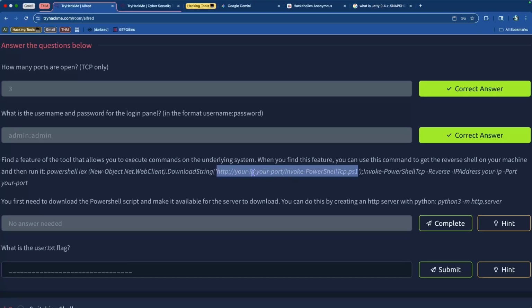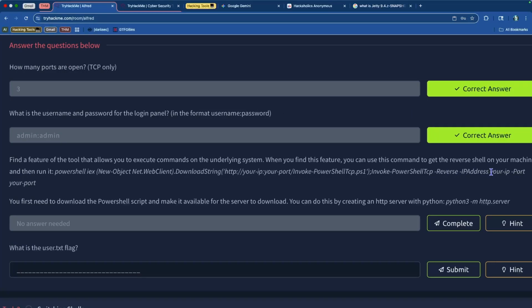So I need to put an IP address and a port number for the attack box that I will have to launch using the Python 3 server, right? And then from there, it'll try to download that onto the Jenkins server. And then from there, it'll invoke the PowerShell TCP command right here